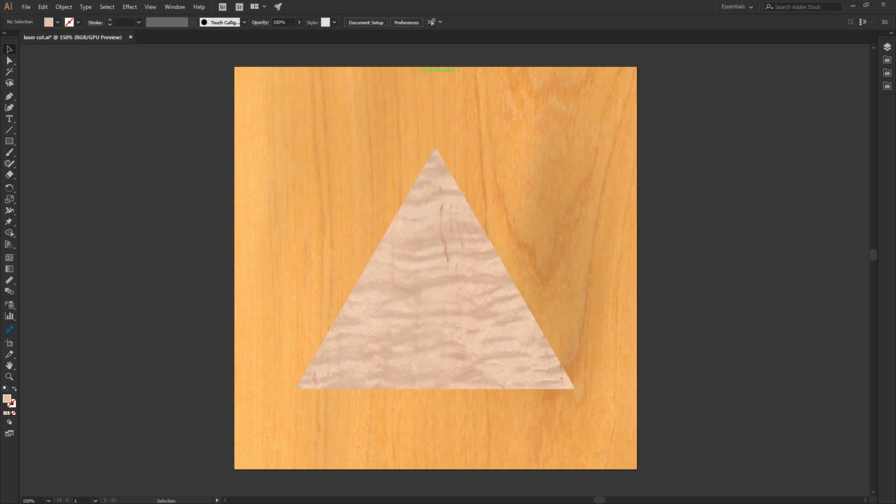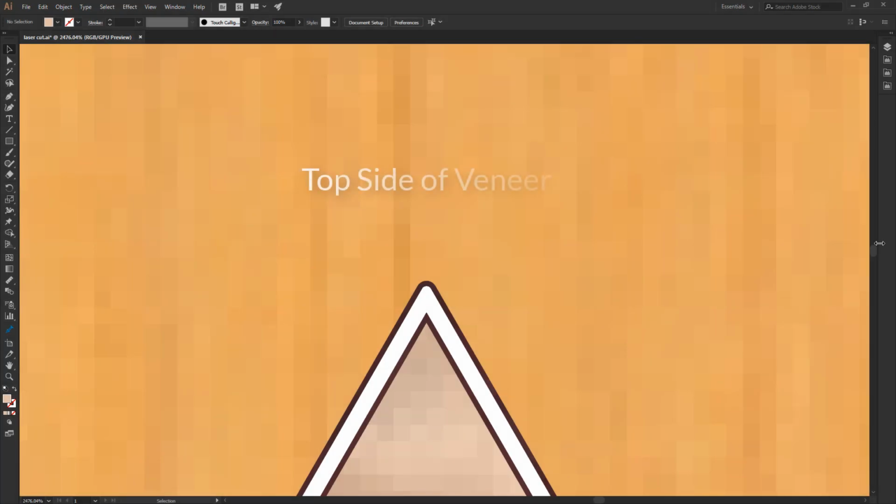To further illustrate why it is necessary to round sharp corners, let's cut this triangle and fit it into its hole. If the laser curve is not compensated, that is, the triangle is not enlarged by the laser beam radius of 0.003 inches, and the hole is not reduced by the same amount, these are what we would see: a 0.01 inch gap on the top side of the veneer and a 0.006 inch gap on the bottom side. This is because the laser burns more on the top than on the bottom.